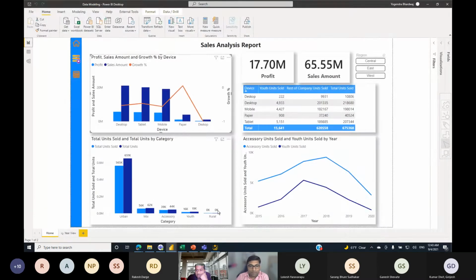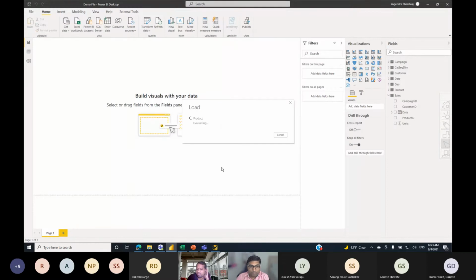But someone has asked what is the advantage of Power BI over SSRS reports? There is some reporting structure we have already built in SQL Server Reporting Services.